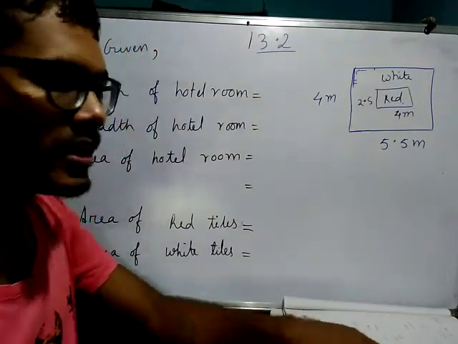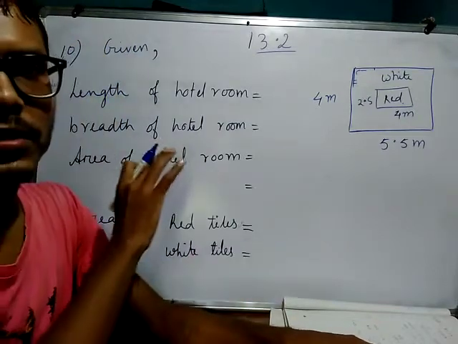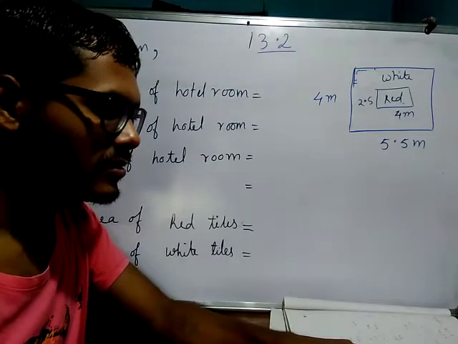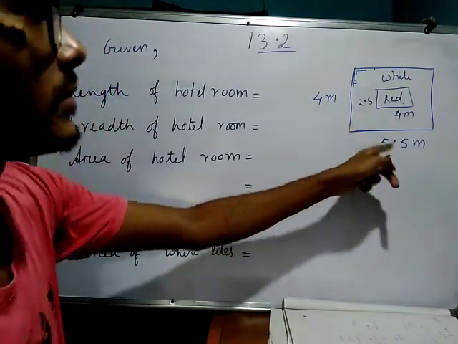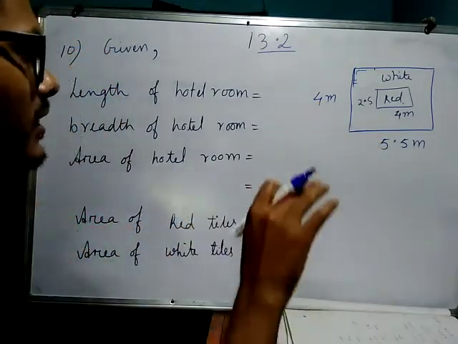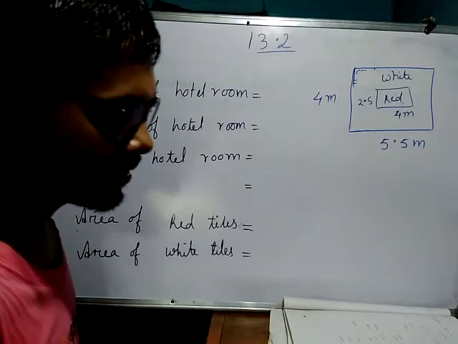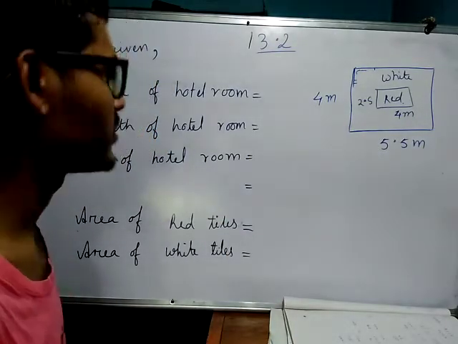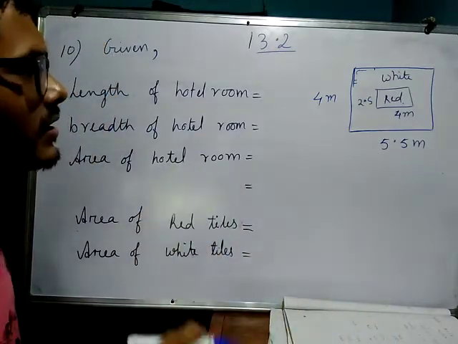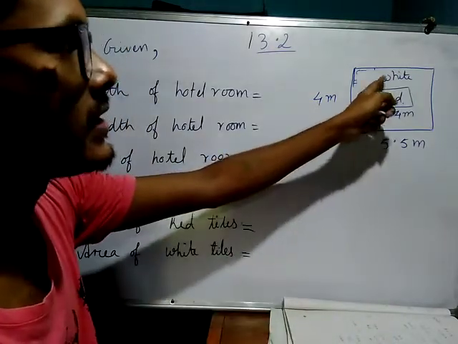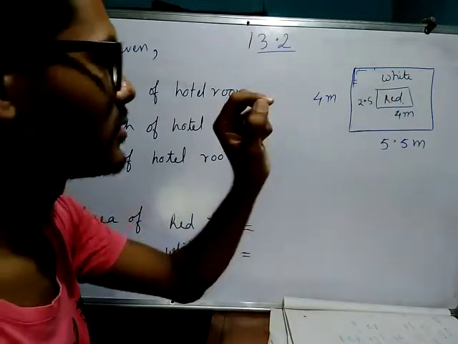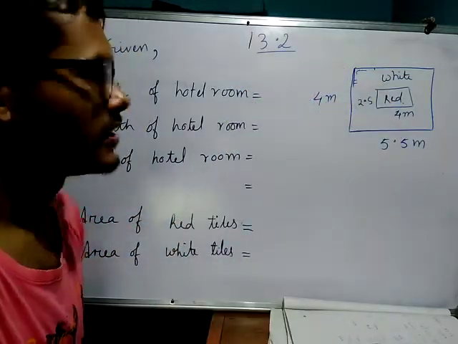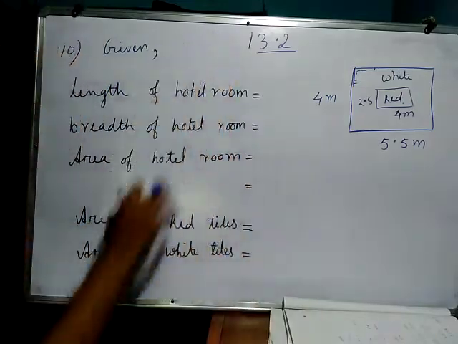So I am telling you, before solving this type of question, first always you read the questions carefully. The floor of a hotel room dimension 5.5 meter and 4 meter. So here it is made up of red tiles, square tiles, so find the number of. So here, how many red tiles required and how many white tiles required we have to calculate. So for that, I am not explaining the question. Just while solving, I will explain here.